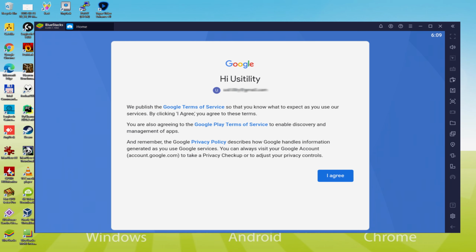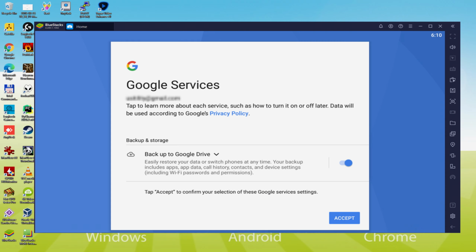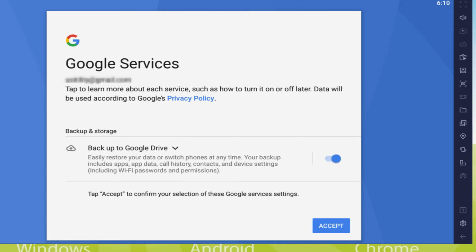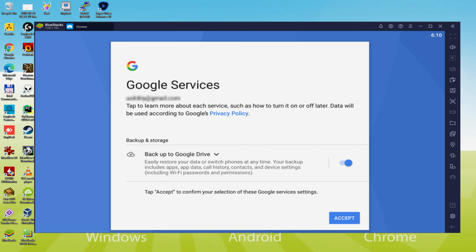Voila, info typed in. And here is Google welcoming us and presenting us the terms of service. We should accept all of them simply by clicking I agree. Then, it makes it possible to save to the Google Cloud. You could keep it checked and it'll build a backup of your files on that device to Google Drive. I won't select it, you can utilize that option if you want.